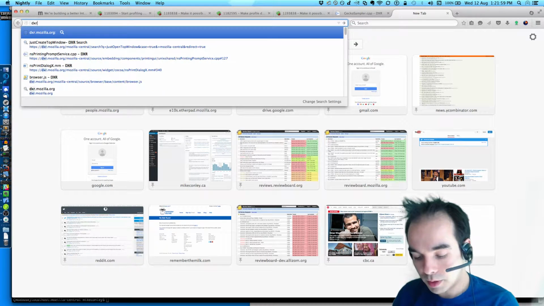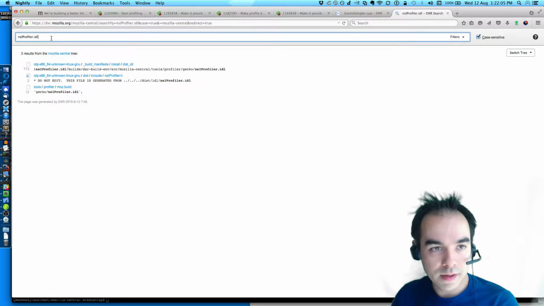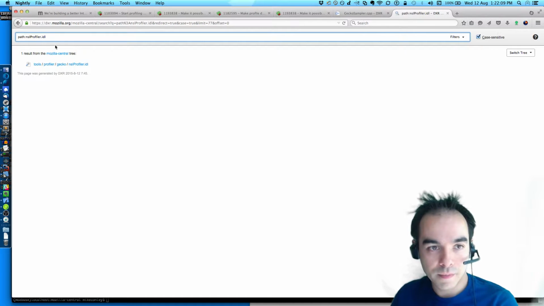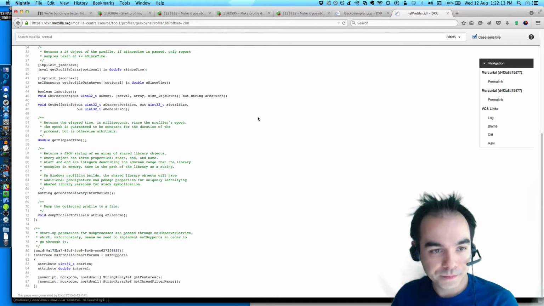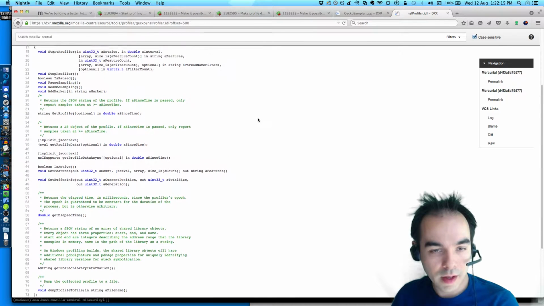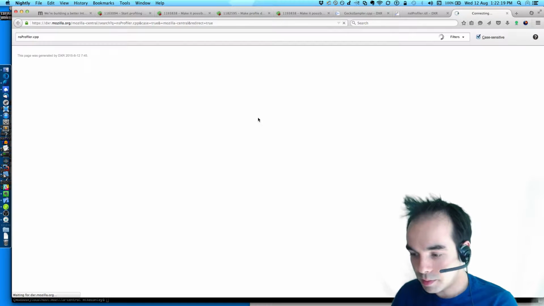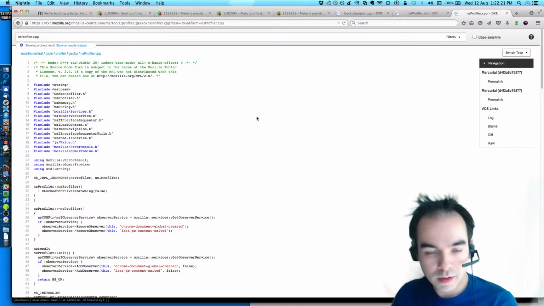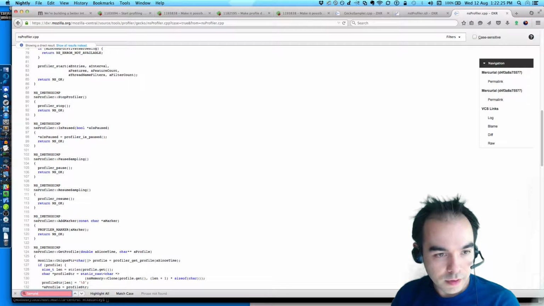Now, I want to be able to get a reference to the sampler. nsIProfiler is how XPCOM exposes the profiler to other bits of Gecko. And I want to check out nsProfiler.cpp. Sampler.